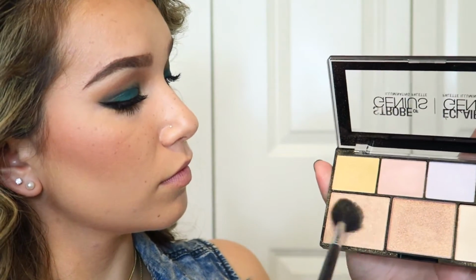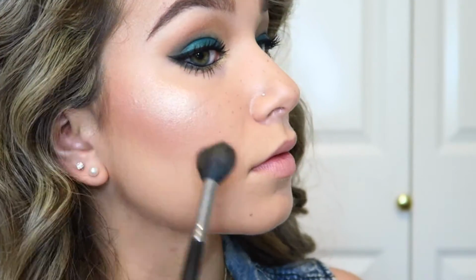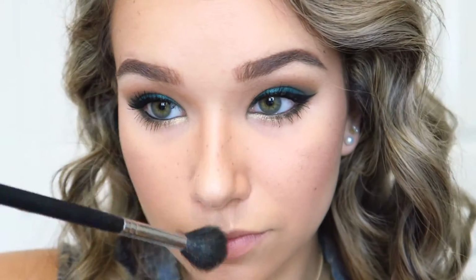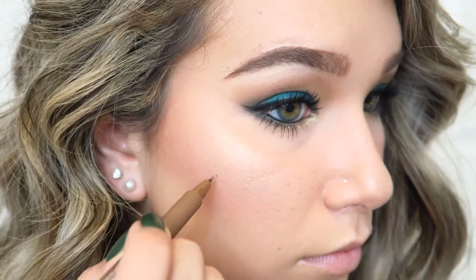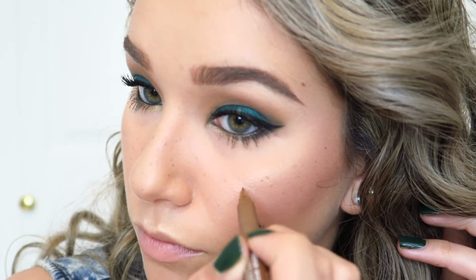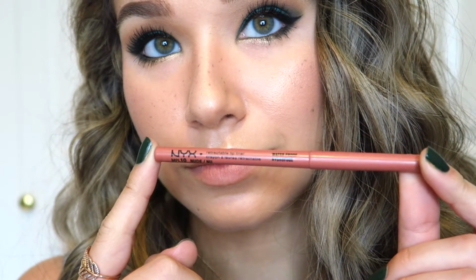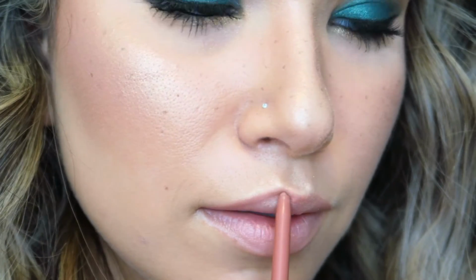Then I'm going into my NYX Strobe of Genius palette and a Morphe, what is this brush? M501, and I'm mixing those last 2 shades over there, so the yellow and sort of the champagne color, to give me kind of a golden flush, and it's so reflective and so pretty. Okay, so now I'm going over top of that again using my NYX eyebrow marker in medium, and this is what I'm talking about when I say layering. So this just gives me a little bit more depth of field,